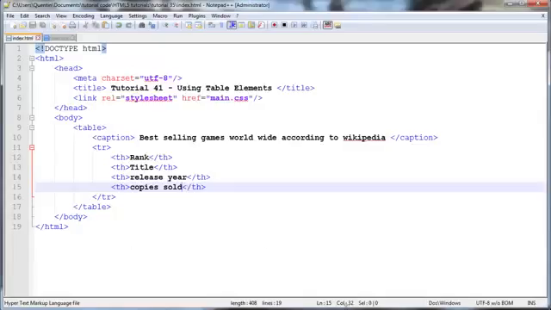So right here we've got our caption, best-selling games worldwide according to Wikipedia. Then we've got our rank, title, release year, and copies sold. But this doesn't look very clear now, does it? Because we've got these headings over here, and we've got this caption, but we don't actually have any little borders to represent a cell. So we can go ahead and fix that up